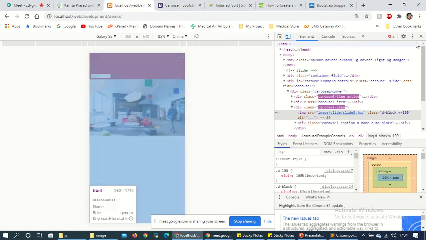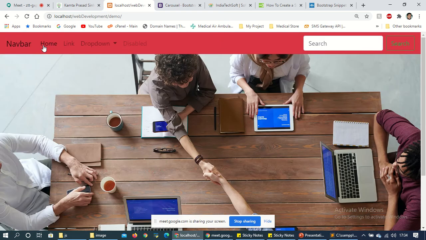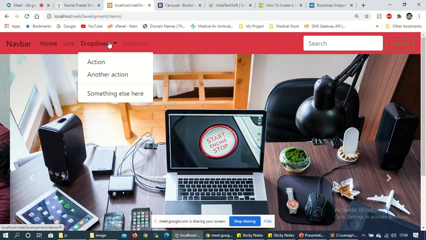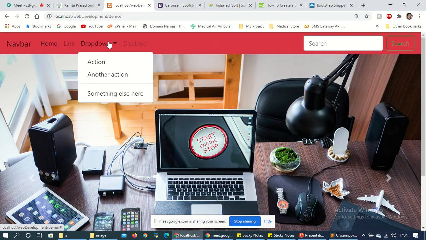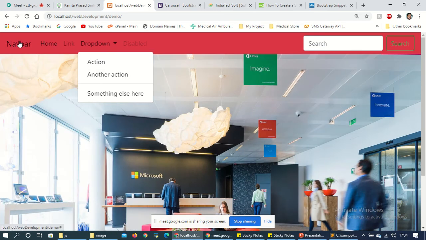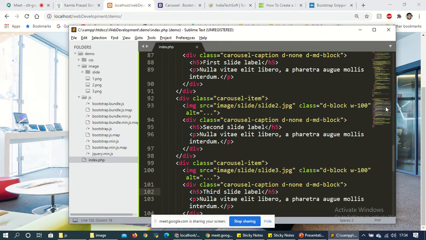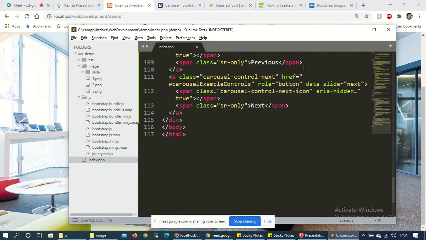Now, if you want to change it from left to right, you can, and you can change the name of these menus. And you can embed an image instead of the navbar. Now if I want some forms, then we can create them under this or on the bottom of this slider. So here after this you can upload.